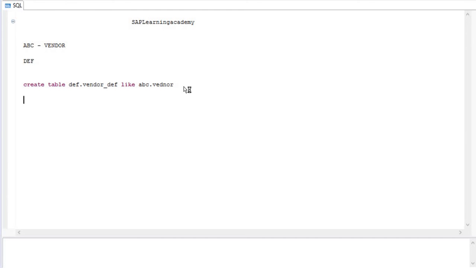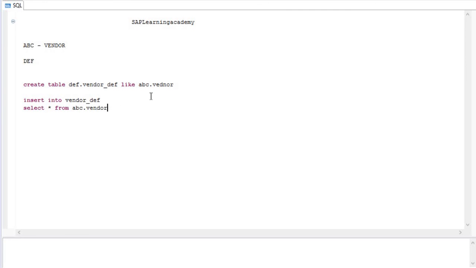Now if you want to transfer the data of this vendor table into the new table, and take all the data of this table, then you just write insert into, suppose your current table name is DEF dot vendor, then select star from ABC dot vendor.